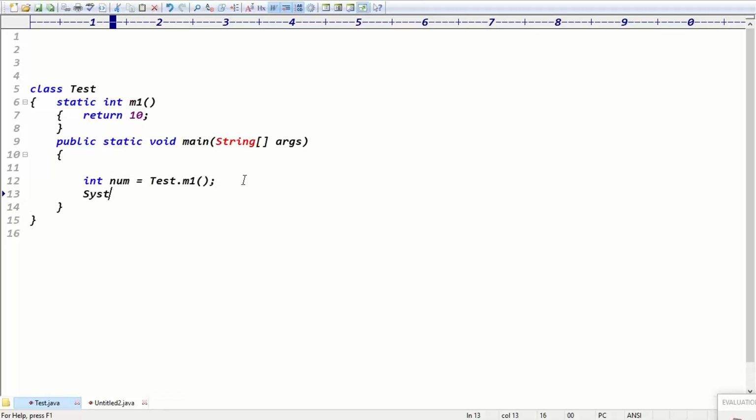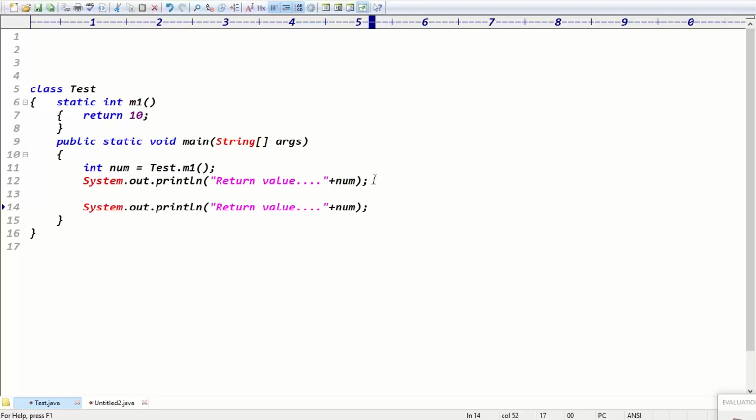Integer data means I can hold that number value, then use system.out.println to print the return value, right? Exactly, that is the information basically. Here we are holding the return value, then printing it. But if you are not interested in holding the value and want to print it directly, without holding,